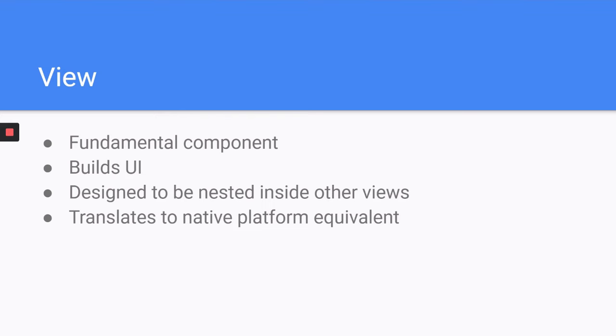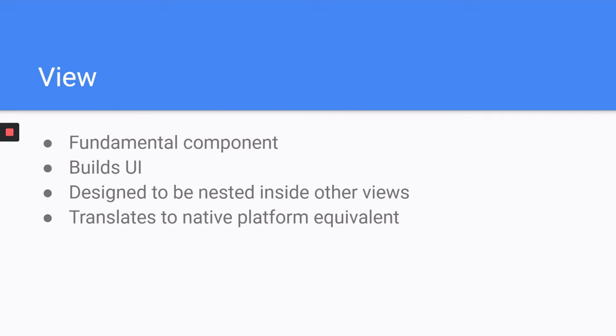So let's talk about View. The View is a fundamental component in React Native. It acts like a container for other UI elements on the screen of an Android or iOS application, let's say a mobile application. So it allows you to build an interesting UI. The View is basically a container that will allow you to nest multiple views inside it, and then you can lay out different elements inside each view so that your application UI can be more interesting.